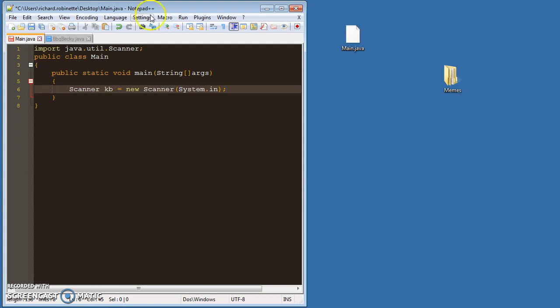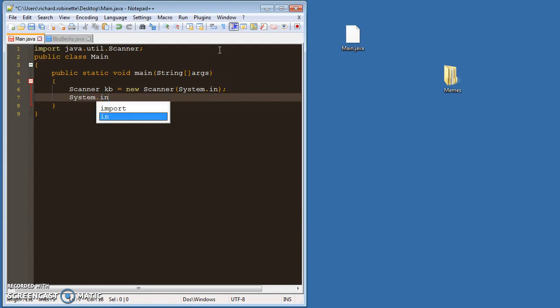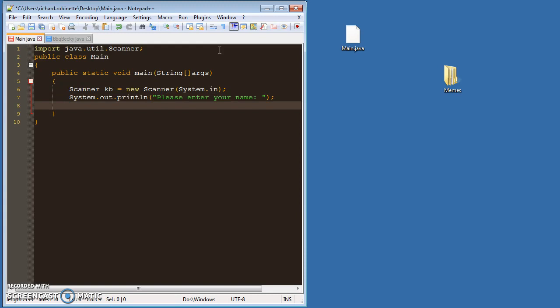So once we create our Scanner object, what we're actually saying is, I want to create this Scanner object, and I want to feed it data from the user input, right? From the keyboard. Then we're going to create a user prompt for some information. Please enter your name. So you would enter your name theoretically, and then what we want to do is use the next,